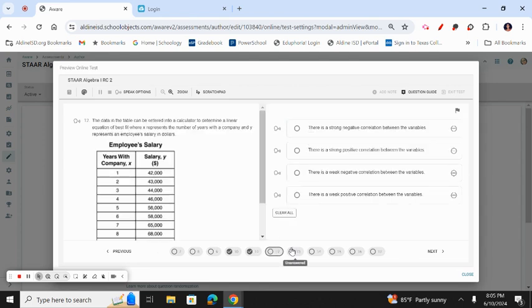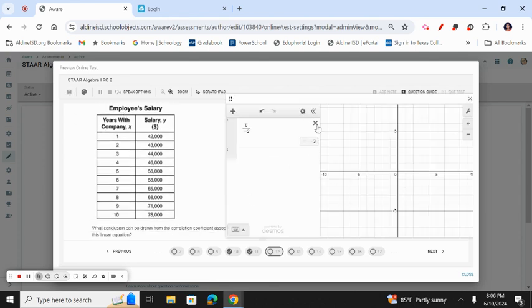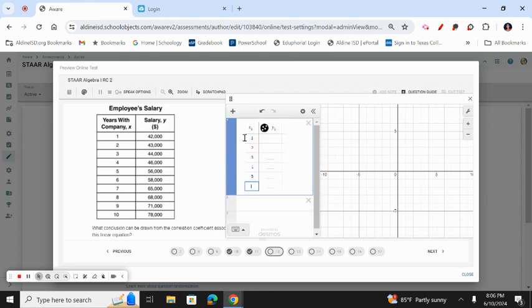The data in the table can be entered into a calculator to determine the linear equation. So we would type in all that and then look at the r. Let's go to table, plus table 1, 2, 3, 4, 5, 6, 7, 8, 9, 10. Scroll over, 78, 71. I'm just going backwards. 68, 65, 50, 58, 56,